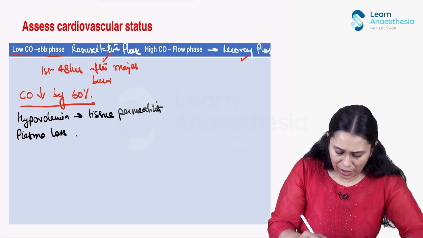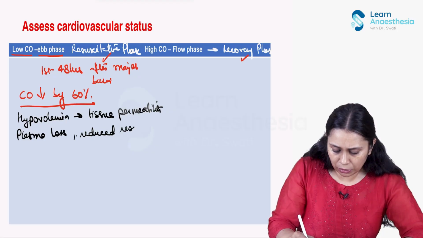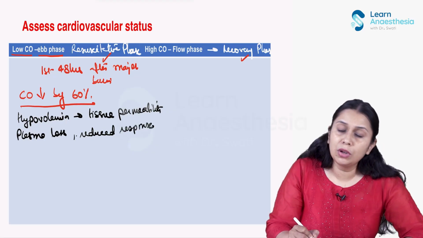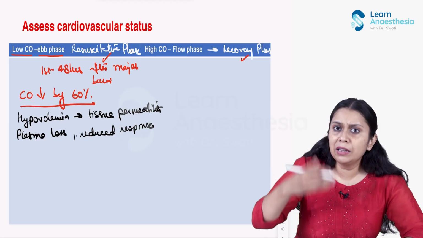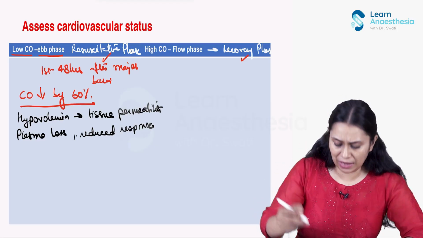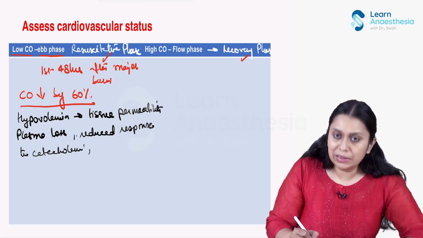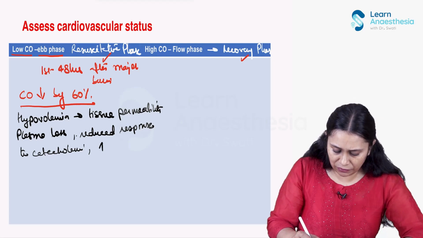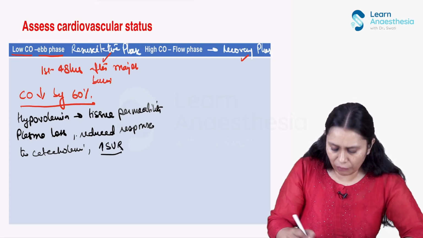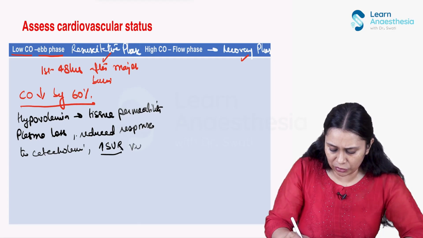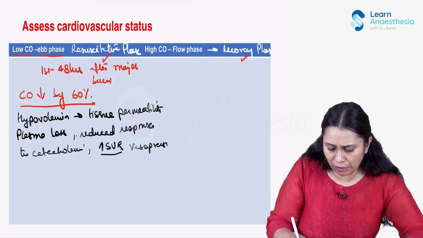And this is also happening due to reduced response of the myocardium to catecholamine. So in the initial phase, the catecholamine response is less. And the SVR is also increasing. The SVR increases because of increased vasopressin. So initially post-burn,